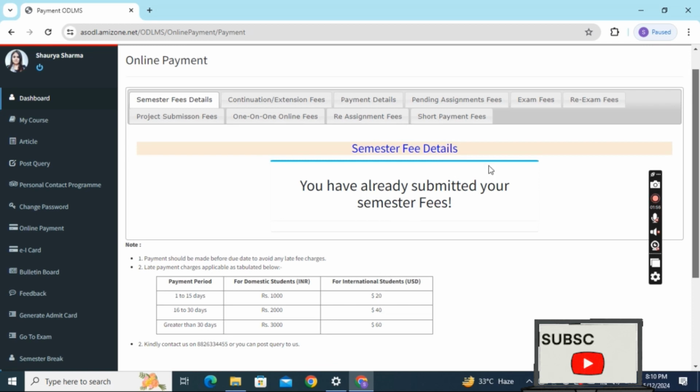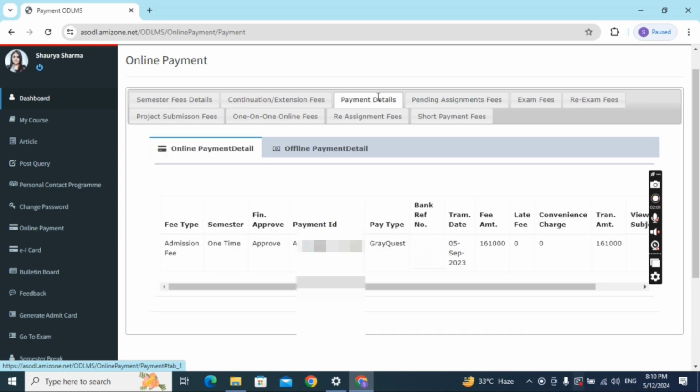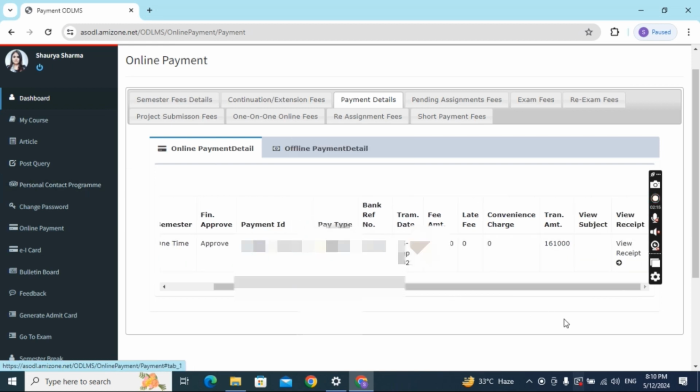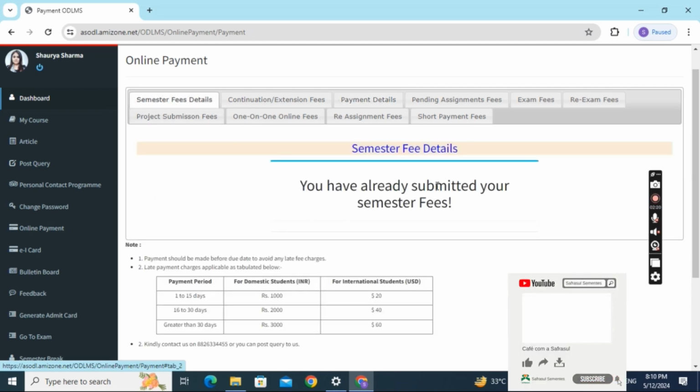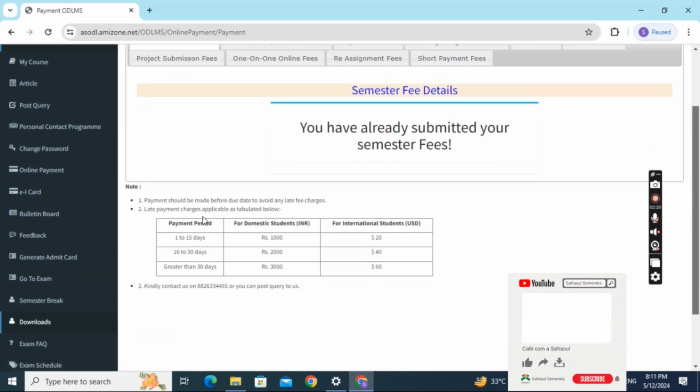There is a third party, Great Question, who has given me a loan, and my EMI usually gets deducted from my Axis Bank account, or any account you have. You can just get the loan for this as well, no cost EMI, so that it will just get deducted on a monthly basis. And as I have already submitted my semester fee, it is not popping up any details for me, because I have already submitted the fee. So I don't have to worry, I will not face any other challenges.